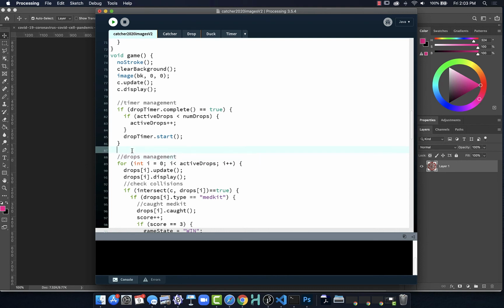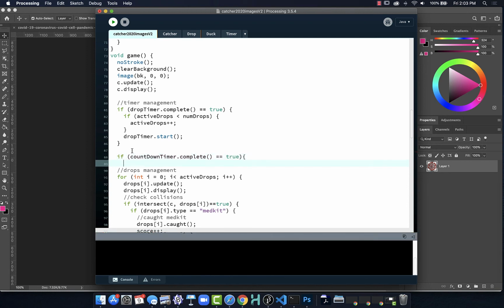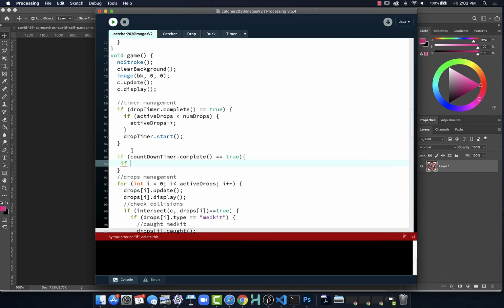And we probably should be adding more comments to our code as we do this. Now this timer, what we're going to do as we put this in is we will say if countdown timer is complete. Notice how it looks pretty much the same as the other one because we're managing the same kind of thing. So then we will subtract from the current time,